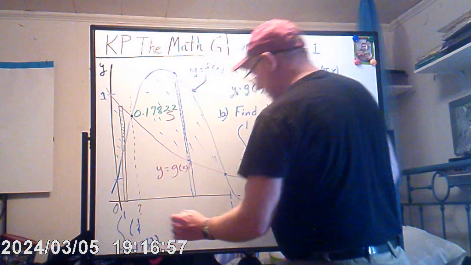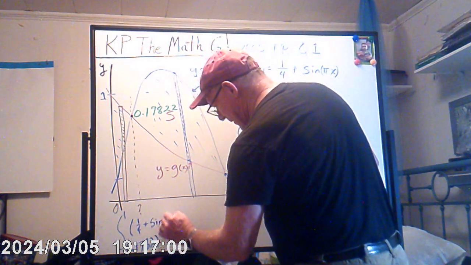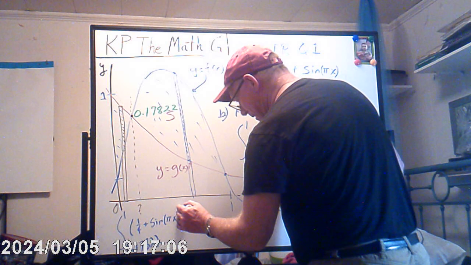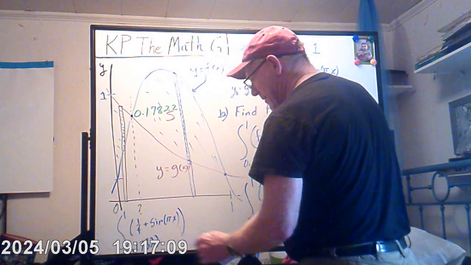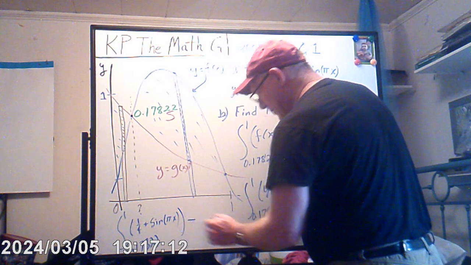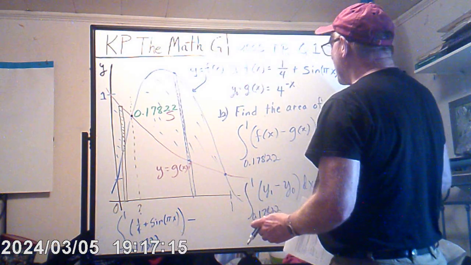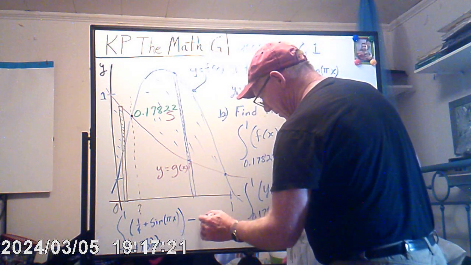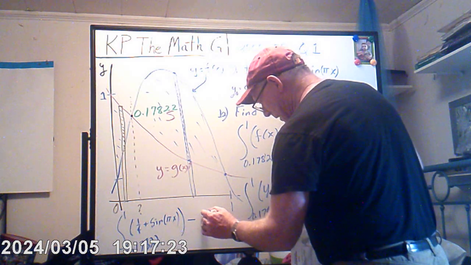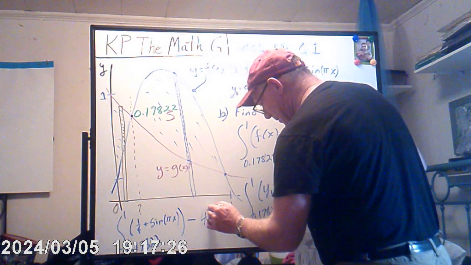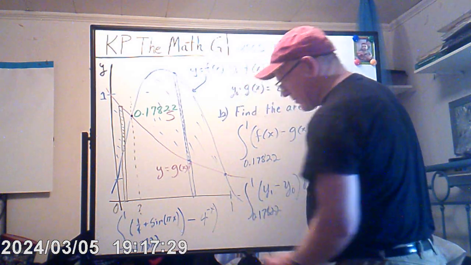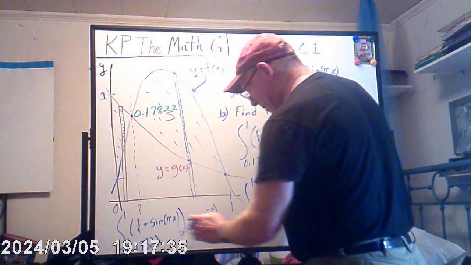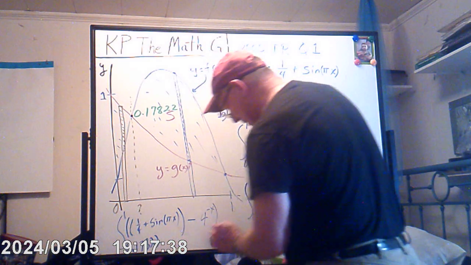1/4 plus sine of pi x. We don't want to leave out that pi, and you actually might want to close that parentheses right there, and then open up another. So minus, let's see, if you want to open up parentheses, you can. You may not have to. 4 to the negative x. Close that parentheses there. And we may need one more parentheses here